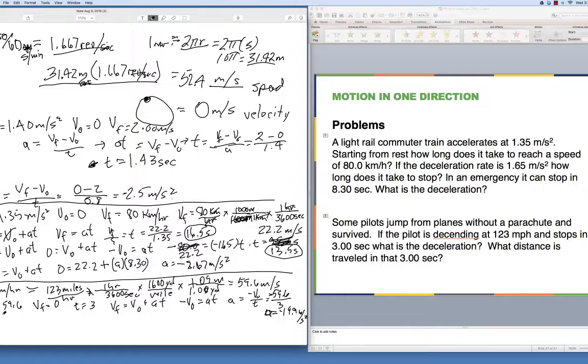And what distance is traveled in that 3 seconds? Okay. You can do this a couple ways. VF squared. Let me think about this. Which one would be the easier way to do it? We know the time. Yeah, we can do it this way. X is equal to V0t plus 1/2 AT squared, which equals